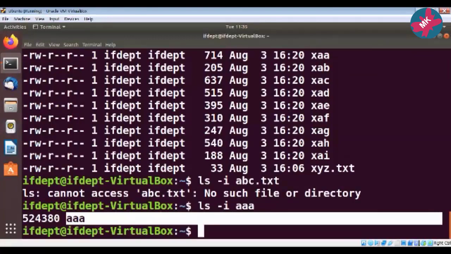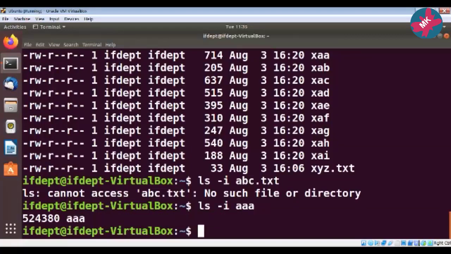So instead of listing all the inode numbers, if you just want to know the inode number of one particular file, just write the name of your file in front of it. I will show you some more usage of this. Remember this question mark, okay? This indicates one character, right? And if I utilize star, this means all the characters. So we will see the use of this star and the question mark.